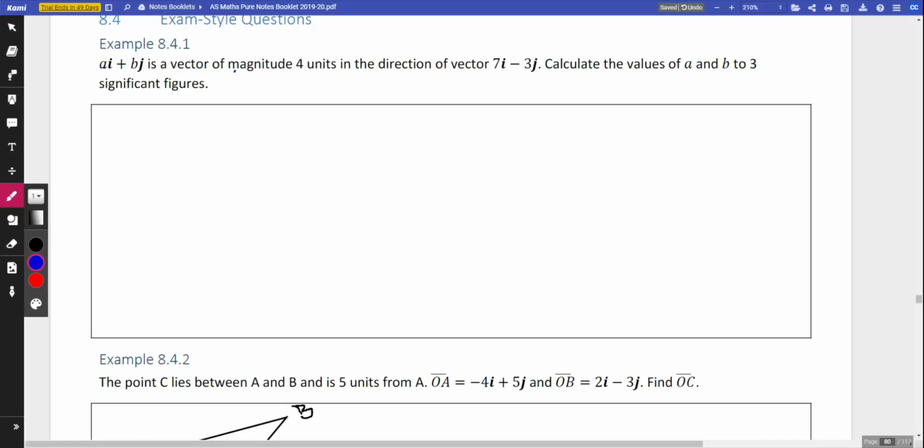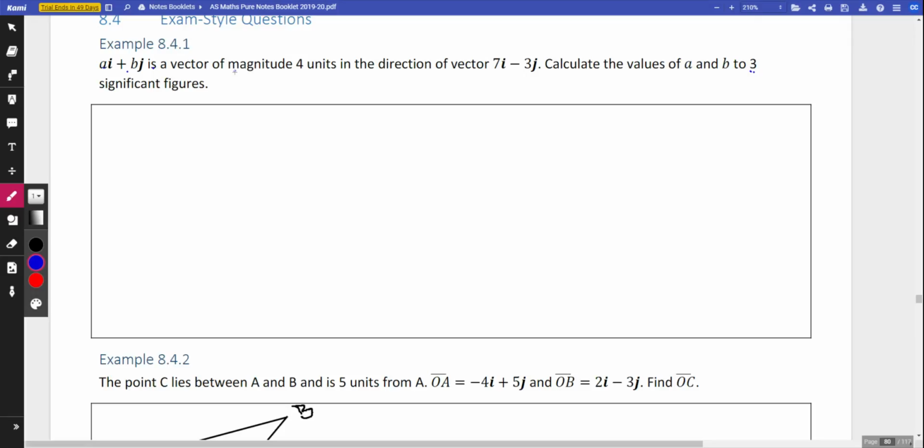So I'm looking at AS Vectors 8.4 exam style questions. This is 4.1. Both of these exam questions are linked to unit vectors and looking at magnitude and direction of vectors. So we are asked to find the values of a and b to three significant figures for this vector